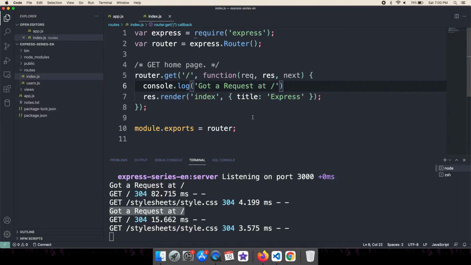So we are trying to understand how this actually worked in our Express application.